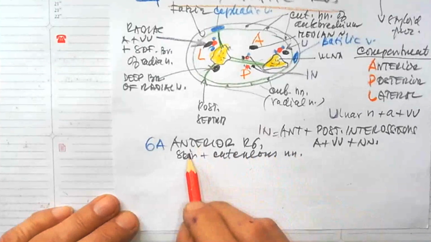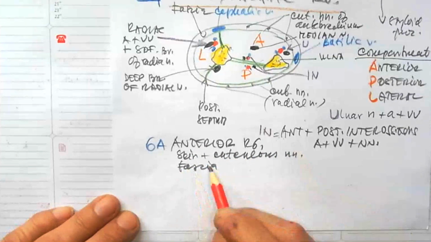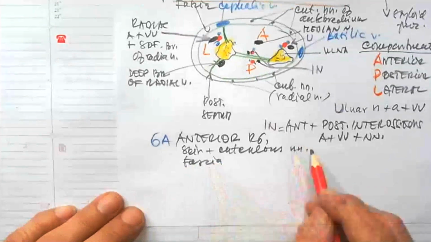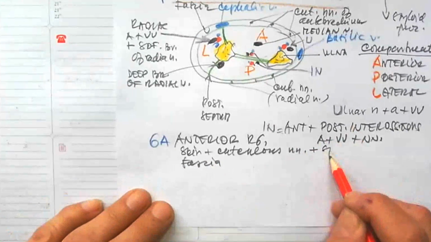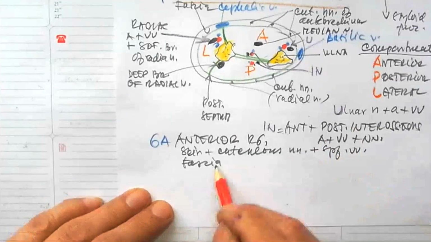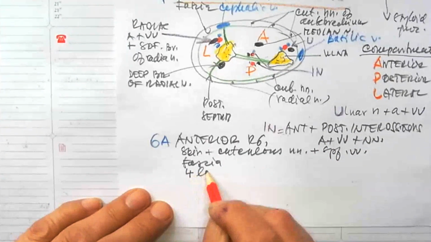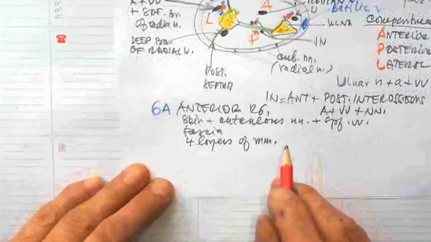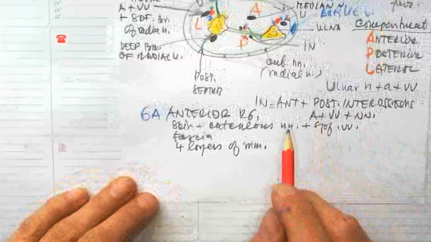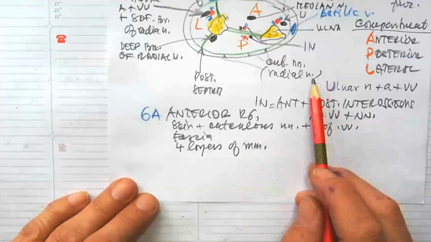Then fascia follows in the dissection, then skin plus superficial veins, then fascia, and then four layers of muscles in three groups, and we can name